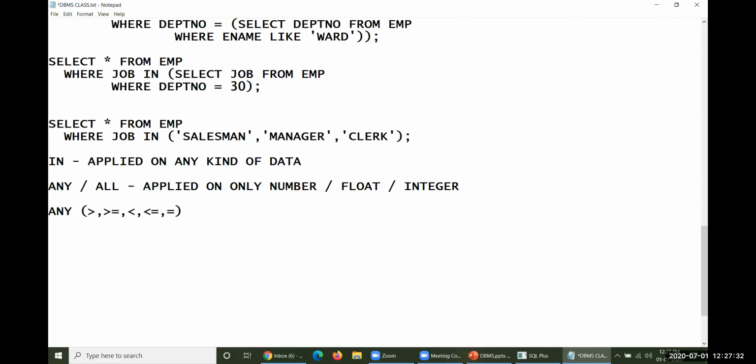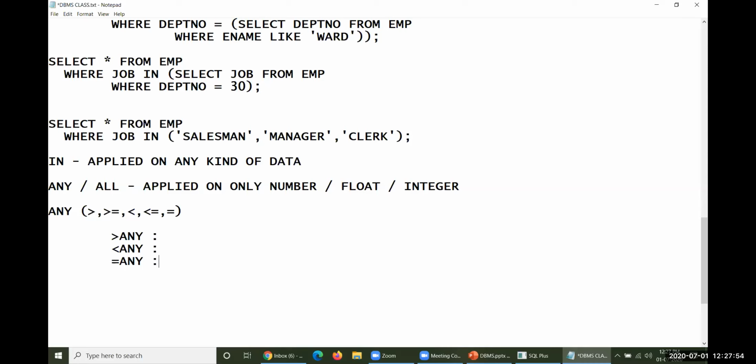There are certain considerations while we operate this. How could this be operated? You may operate something like this: greater than ANY, this is one possibility. Less than ANY, this is another possibility, or equal to ANY, this is one more possibility.